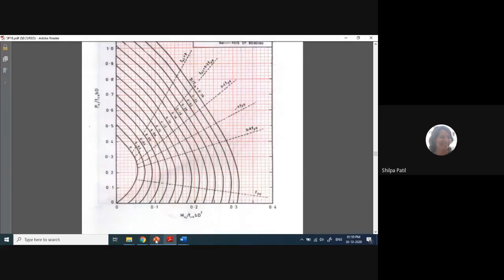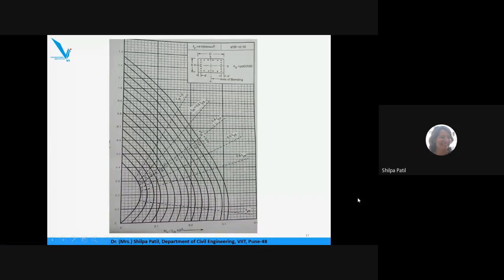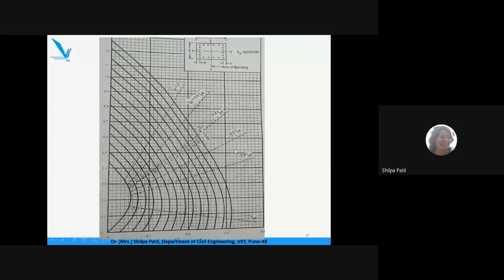I have already done this exercise in the presentation. I will quickly show you. This is the curve which we are referring to, the first curve for 0.1 d dash by D ratio. In the next PPT I have zoomed this curve a little bit, and I have plotted a line corresponding to 0.625. Guys, are you able to see this presentation? Yes, ma'am. So I have drawn a line corresponding to 0.625. This is the y-axis line. The x-axis line corresponds to 0.104.